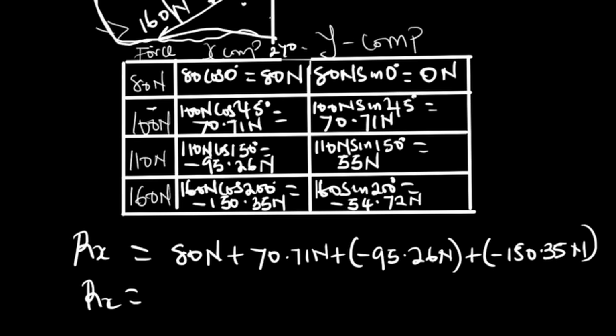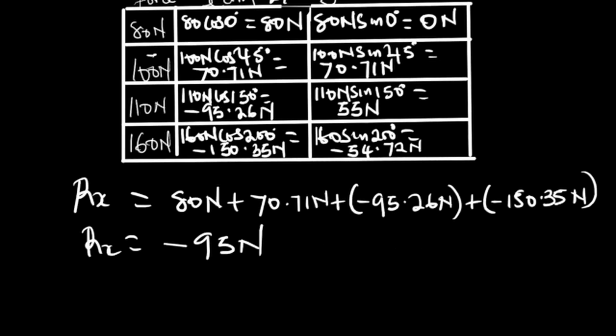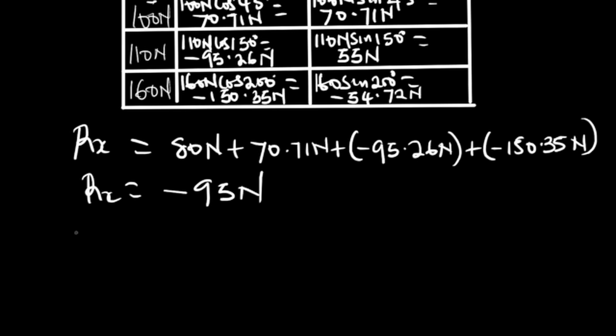I'm getting negative 95. All right, so this is going to be negative 95 newtons. This implies that the x component of our resultant vector is negative 95 newtons. Now let's work out the y component of our resultant vector using the same method. Now I would say my Ry,